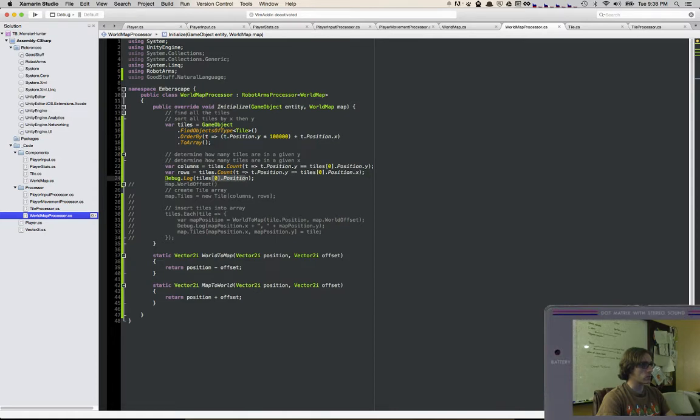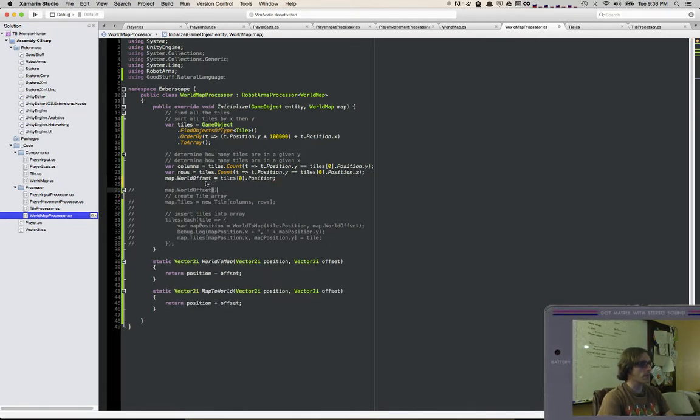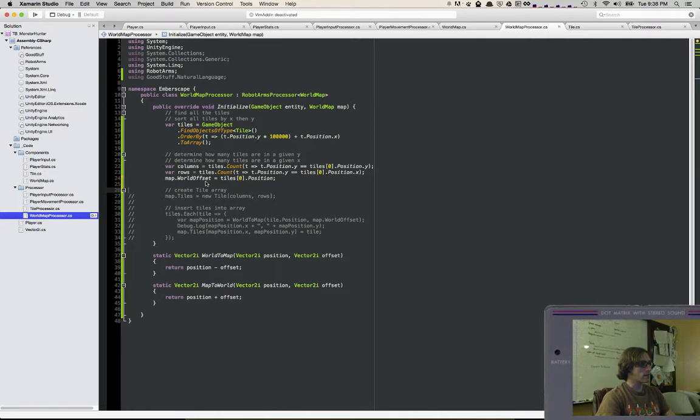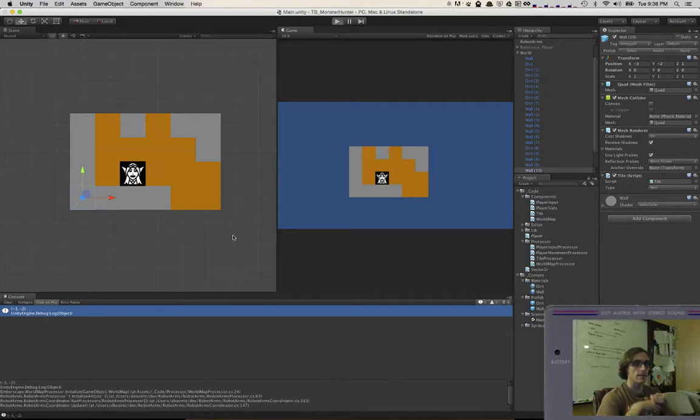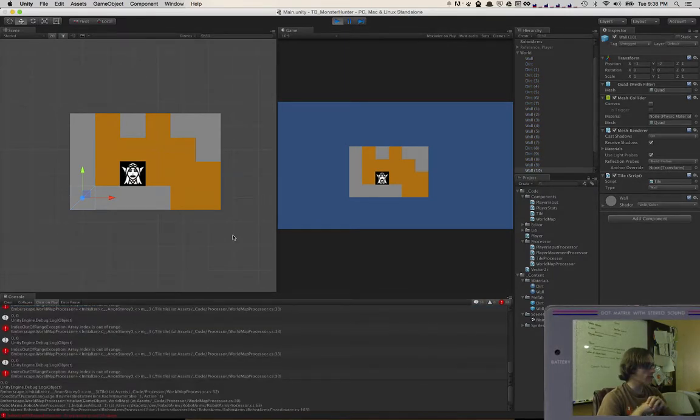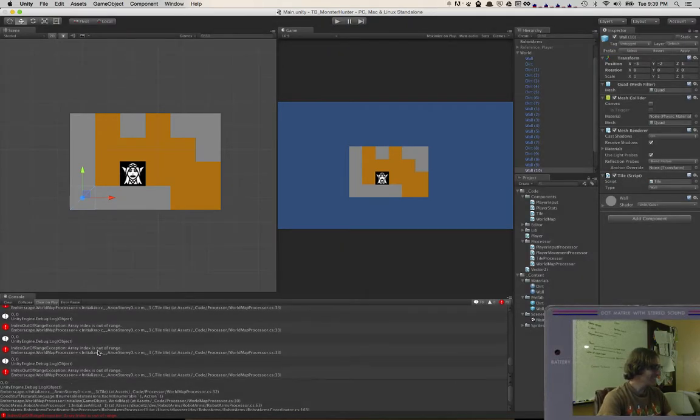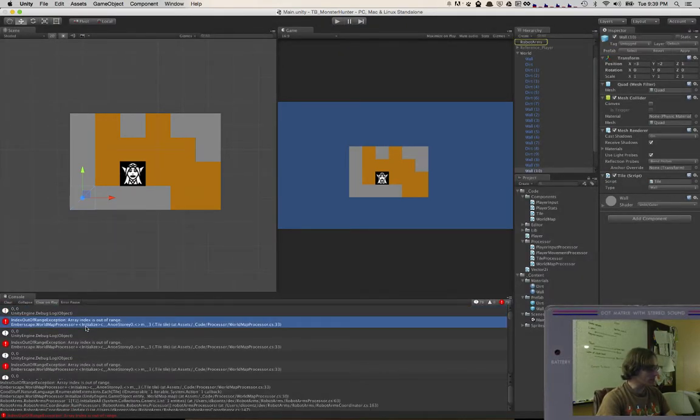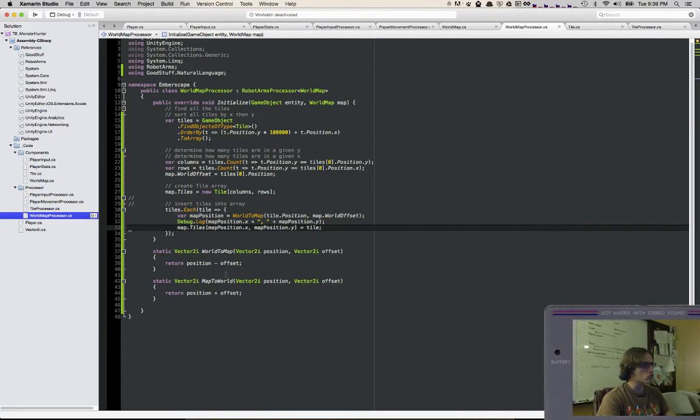This position now is our world position. So we want map.world offset to be that vector 2 right there. All right. Now we can turn these back on. And now we should not get array out of index exceptions anymore. Haha, except we are. We're at 0, 0, and then it says we're out of range. Why is 0, 0 out of range? We created,